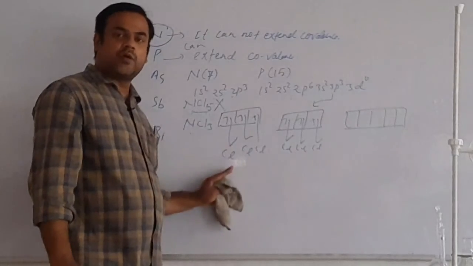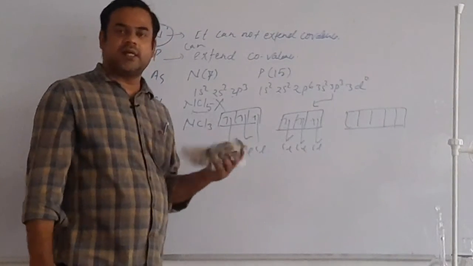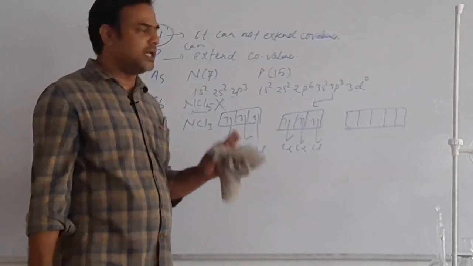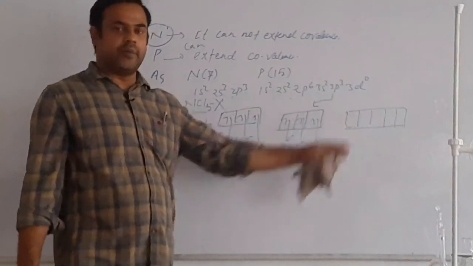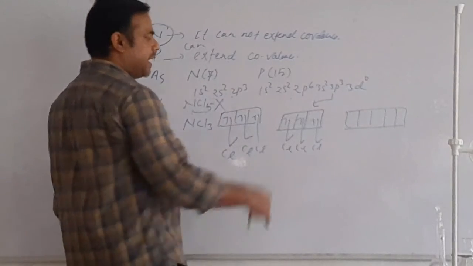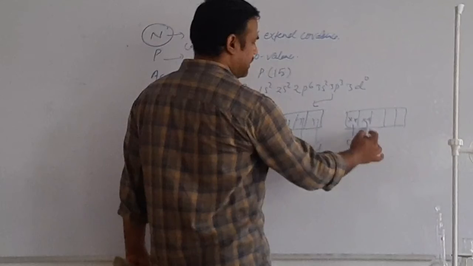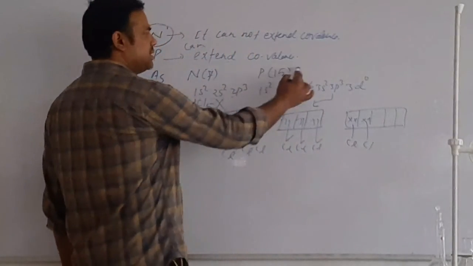सिर्फ 3 ही क्लोरीन को एकोमोडेट कर पाएंगे, 2 क्लोरीन को कहेंगे जाइए, we cannot make bond, we have no space, we have no orbitals to accommodate your electrons. But phosphorus has a vacant d orbital, and because of that it can accommodate the extra 2 electrons of chlorine, and that's why it can make PCl5.